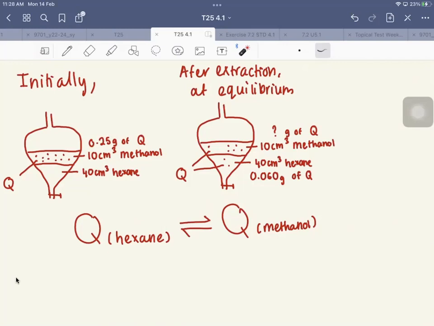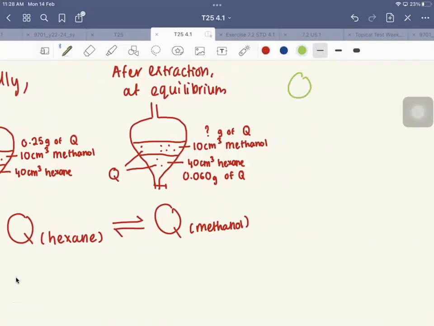So I cannot just say, oh, 0.25 grams is divided by 2, so half goes to hexane, half goes to methanol. However, because you know the initial starting mass of Q and you know how much has gone to hexane, you can find the mass of Q that stays in methanol. Okay, so you can do that by doing